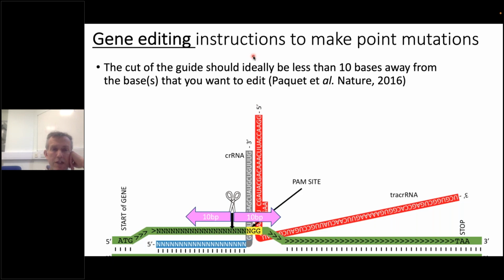What you need to realize is how to do this. The first thing is, if you want to make a single point mutation, the guide that makes the cut needs to be very close to where you want to make that particular mutation. It should not be further away than 10 bases from your target area.